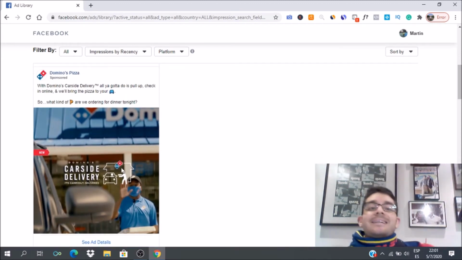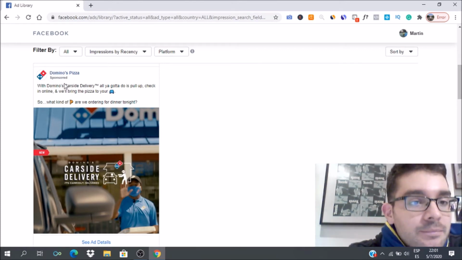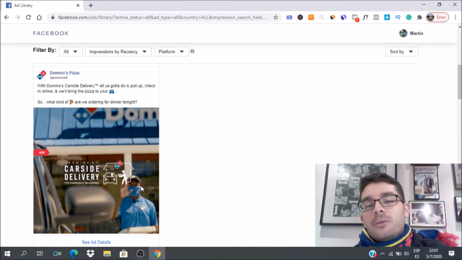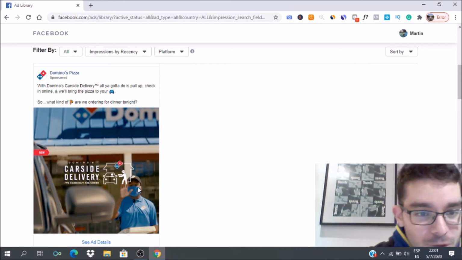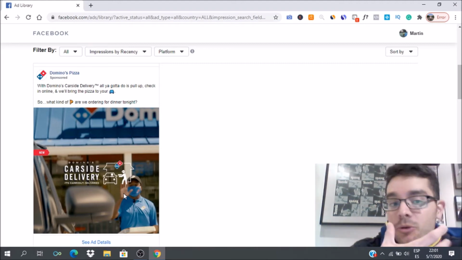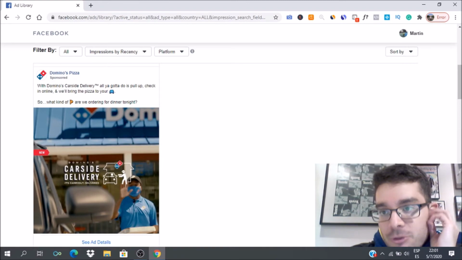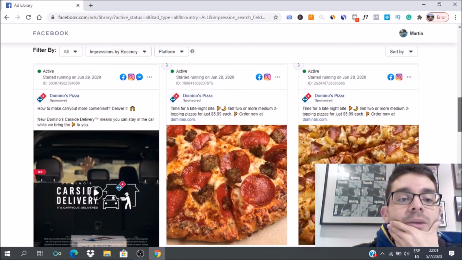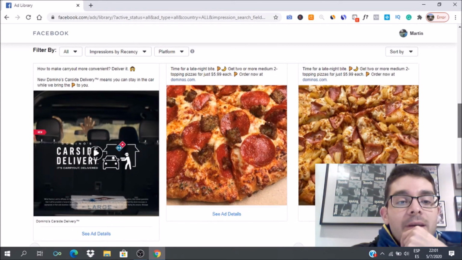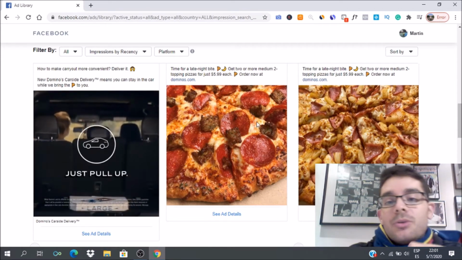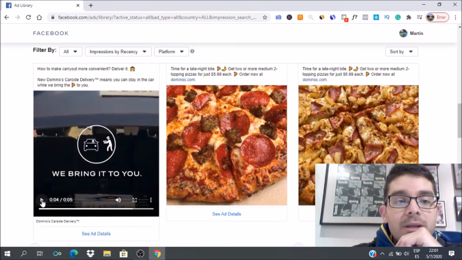If you are a pizza delivery, you can get the copy, the text, and an image like this one, which right now that we are in COVID times, is very useful to have someone wearing a mask, showing the protection you can give people. Very, very good ad. And you have videos, you can see the video, the images they put, the text,